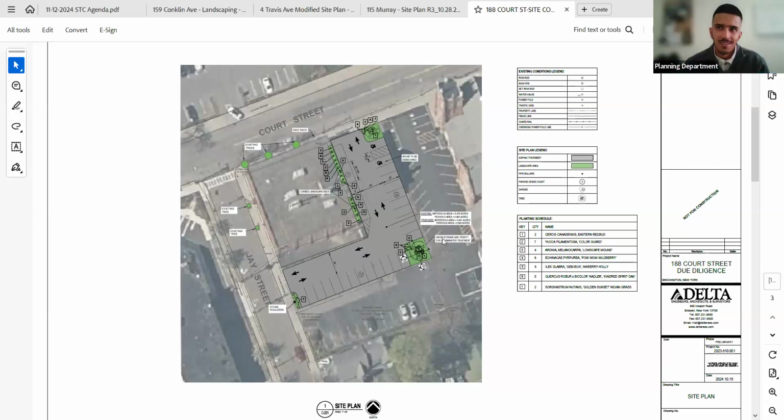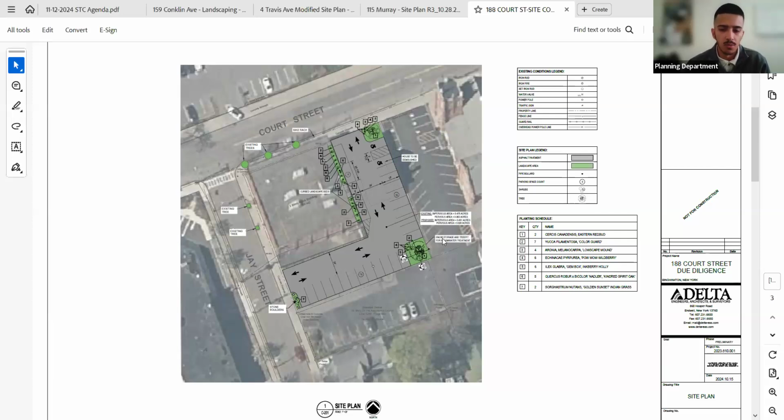Yeah, whenever there is a parking lot being proposed for a project, they have to provide a landscaping buffer, a 5 foot landscaping buffer on all sides that abuts a parking lot. But like I said, an applicant can also go in front of the zoning board to acquire an area variance for the landscape buffer, for a plethora of reasons.